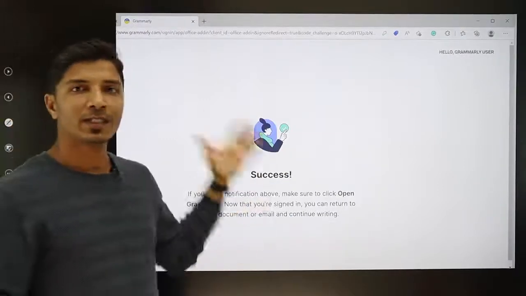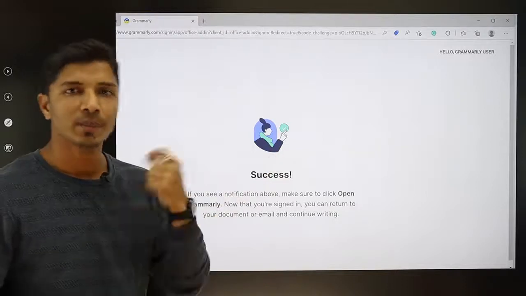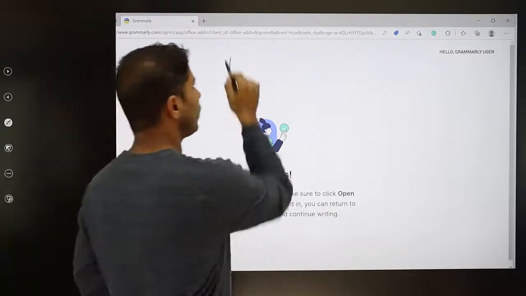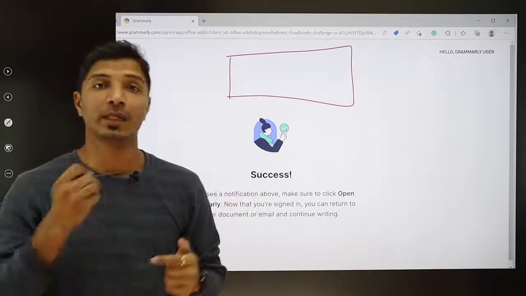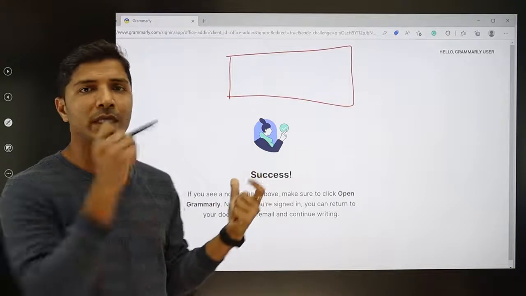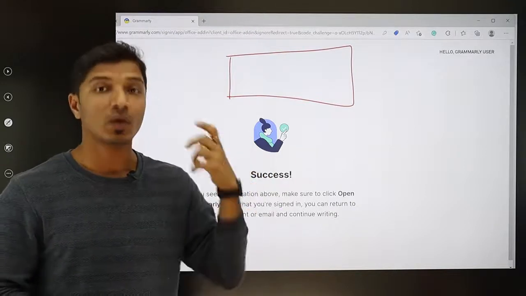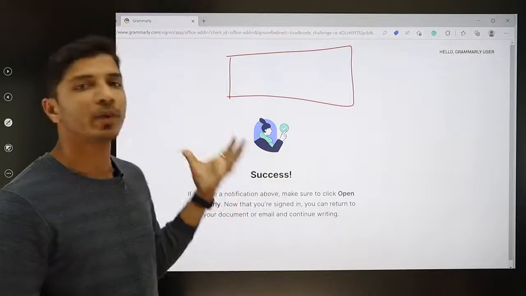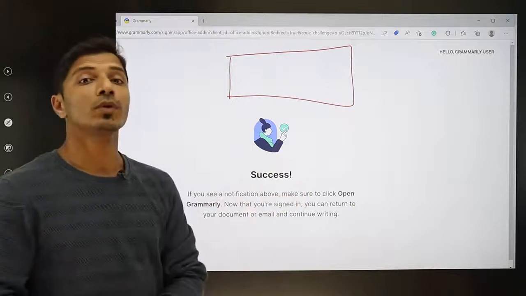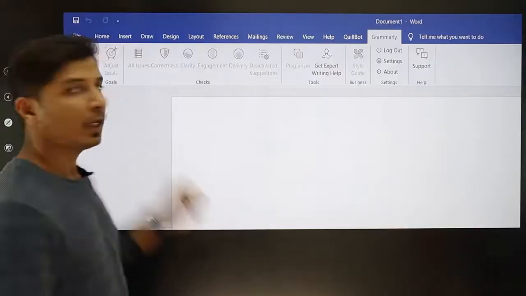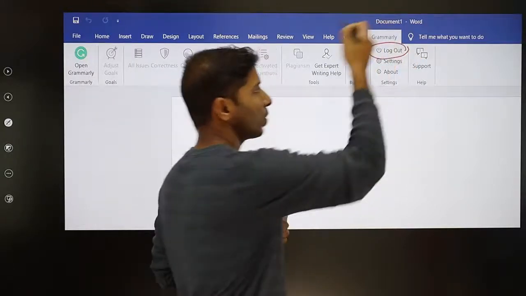After that you will get a message that you have successfully logged in. In some cases you will get a window asking whether you want to open Grammarly, so click on open Grammarly, so that whenever you open Microsoft Office, you will be automatically connected. Now move back to your Microsoft Word, where you will see that instead of login, a logout option is there.